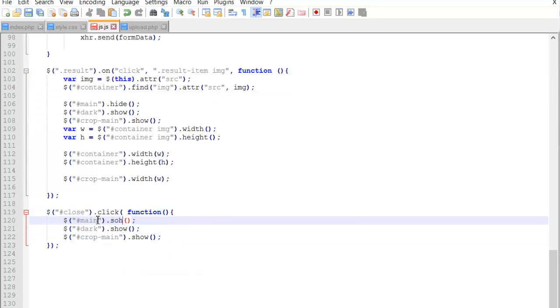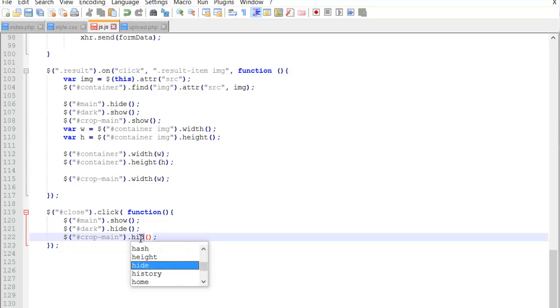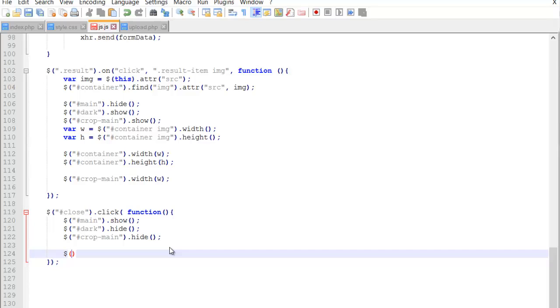Main would be show up, dark would be hide, and crop main would be hide. That's all. And one more thing, whenever the person closes the box, the cropping box should get on the default position